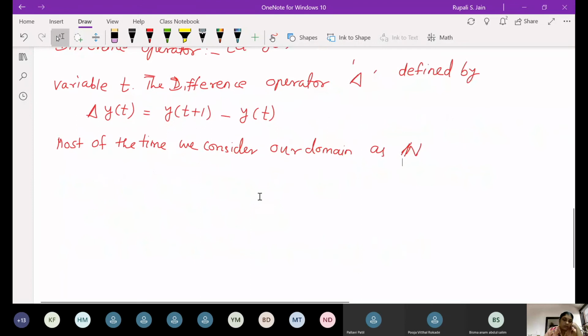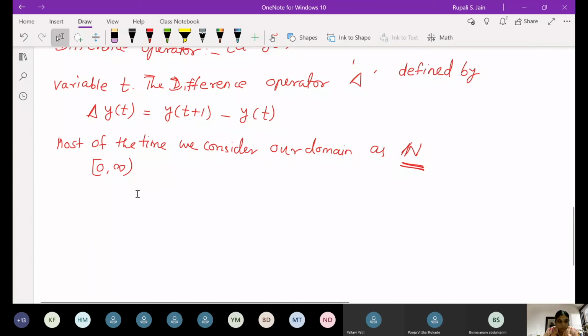Or if we consider our domain as continuous, then we will specify. But unless and until I specify its domain, we have to consider from now onwards it is natural number n. Okay. And continuous means you can consider as 0 to infinity also, or R also, or C also. But most of the time, whatever examples we have to solve in this syllabus, the domain of that function will be natural numbers. Okay.